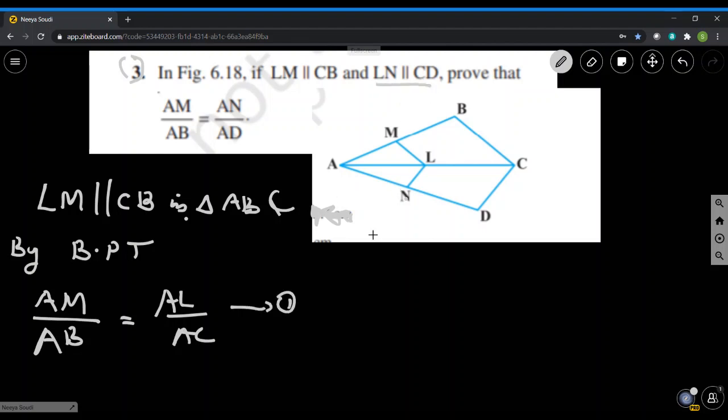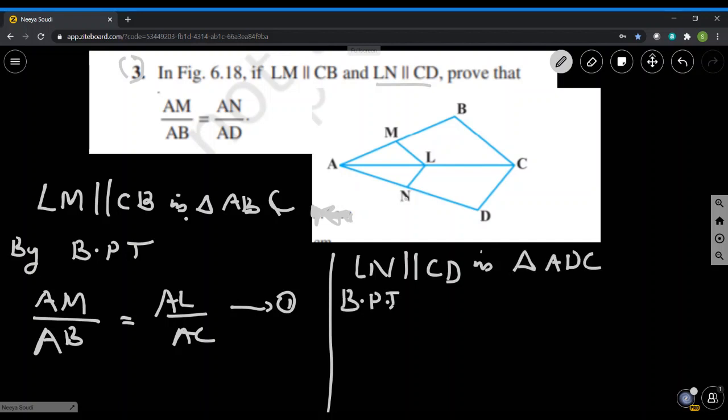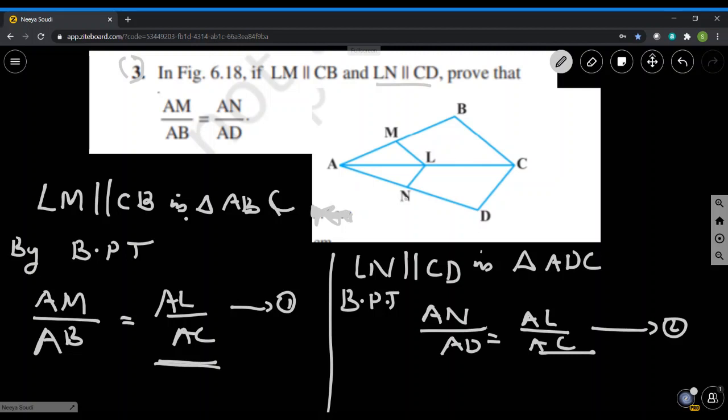Second case, LN parallel to CD, in triangle ADC. Apply BPT, we will get AN by AD is equal to AL by AC, the same way. This is equation number 2. You can see in equations 1 and 2, the RHS is the same. So by equations 1 and 2, you will get AM by AB is equal to AN by